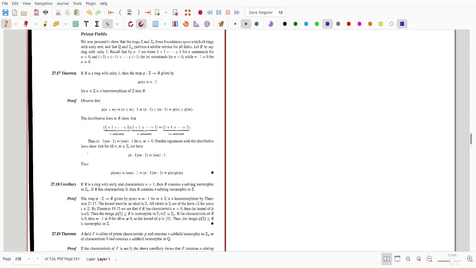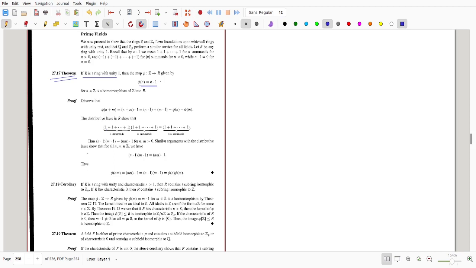Now we can prove Theorem 27.17. In this, if R is a ring with unity, then the map phi of n equal to n times 1 is always a homomorphism. This is a trivial thing. In order to prove that phi of n is a ring homomorphism,